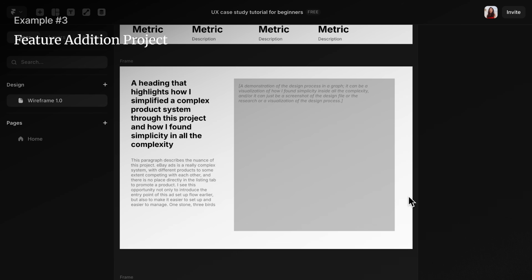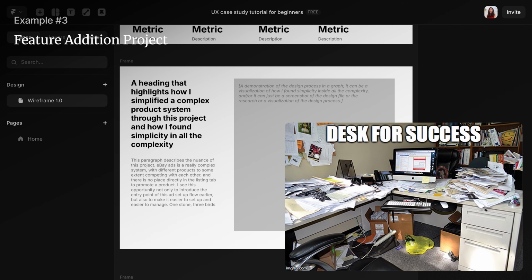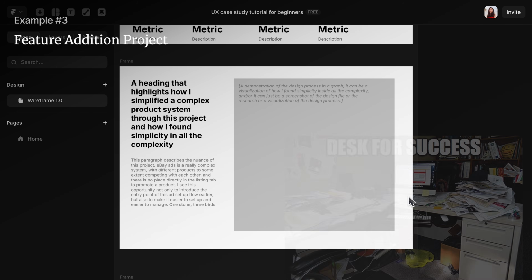Now let's look at another example case study, and this one is adding a feature to an established product. First, I lay out the complexity of the product that I'm designing for. Then I explain my principle when designing on top of something so complex. Honestly, this page was really messy in the beginning, and I did not feel very certain about how to tell the story yet. It is totally okay if you feel this way. Just put whatever ideas you have on the page right now and then keep going, and another idea will come to you for sure.